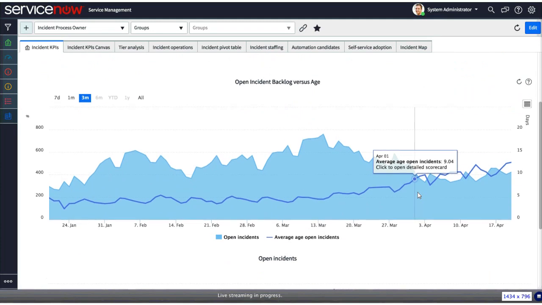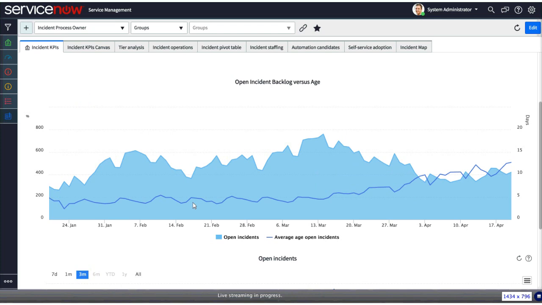Scrolling a bit down, we have another interesting view on the incidents. It is the open incident backlog versus age view. So what you can see here is all the incidents over time. It's a trend chart for this company. So I can see that I have more than 719 incidents open somewhere between the 6th and 13th of March. And I can also see that it's a declining trend. Now, on this current date, which is April, I only have 400